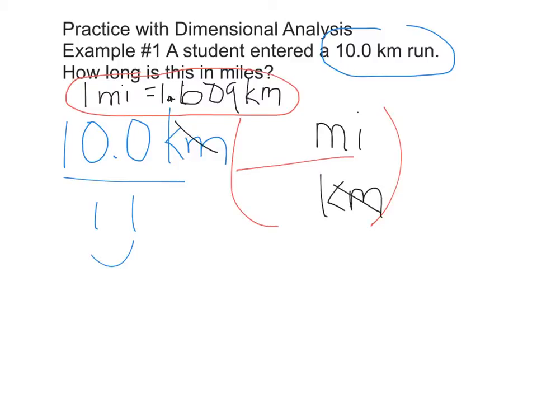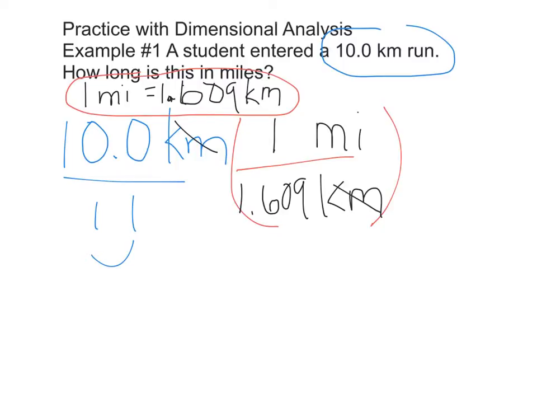Another way to know that you need miles on the top is that whatever unit you're looking for, you put on the top. And then you simply just look at your conversion. 1 goes with miles, and we don't count significant figures in these conversion factors. It's an infinite number of significant figures. 1.000 would be what the miles is. Then 1.609 kilometers. And then, just like the directions said, you go straight across the top, and you're going to multiply